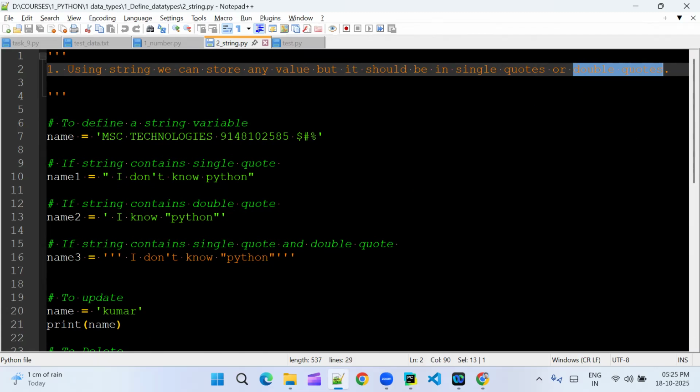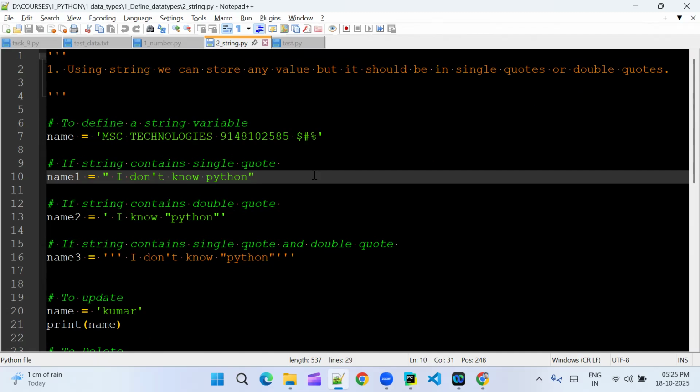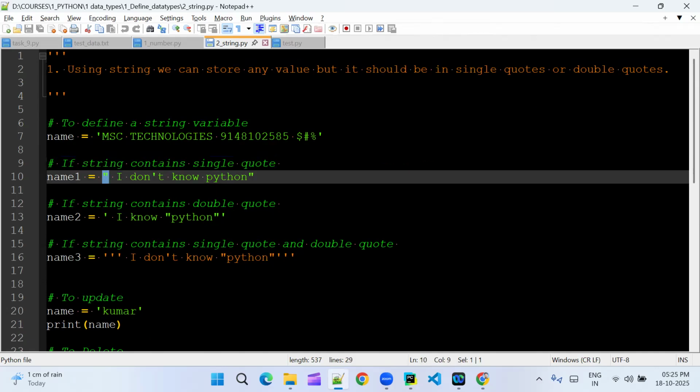Wherever you go, you have to use a string. That's why you should be very clear when we have to go with single quotes, when with double quotes. Single quotes we have already practiced. Now double quotes, let me explain. When the string contains a single quote, then we have to go with double quotes. For example,